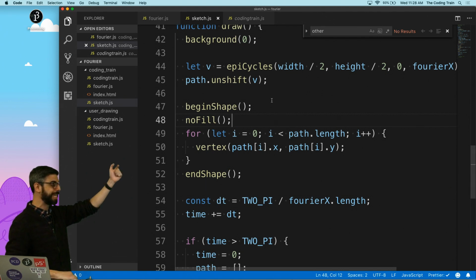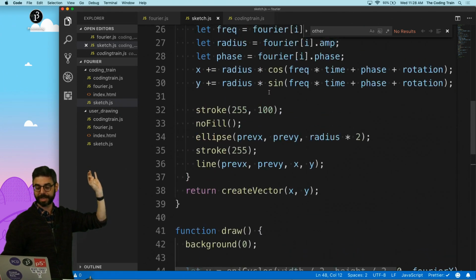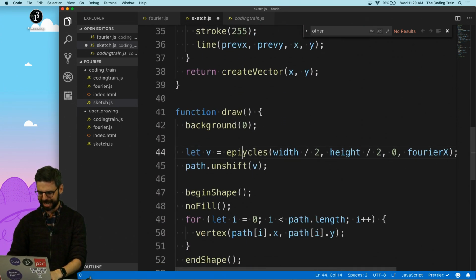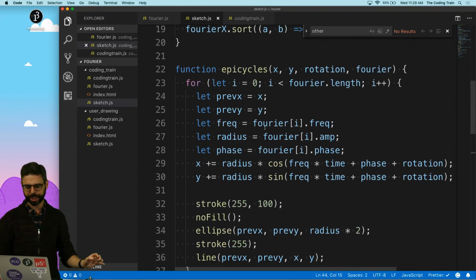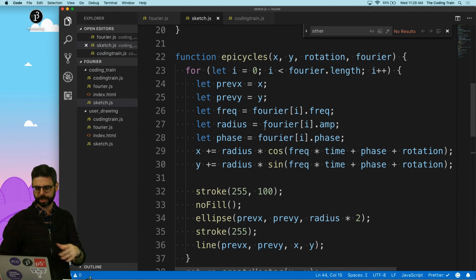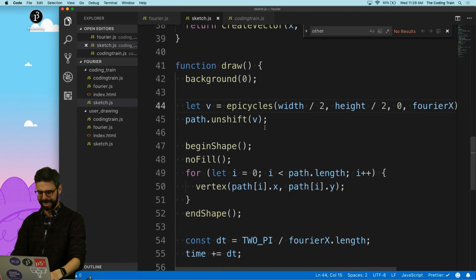Because all I need to do is get all the epicycles. The epicycles return this function epicycles, which I never liked that I capitalized the C, so let's fix that. This epicycles function basically goes through and calculates all the x, y positions of the circles and angles. It was done before, but the same function should stand. And now,